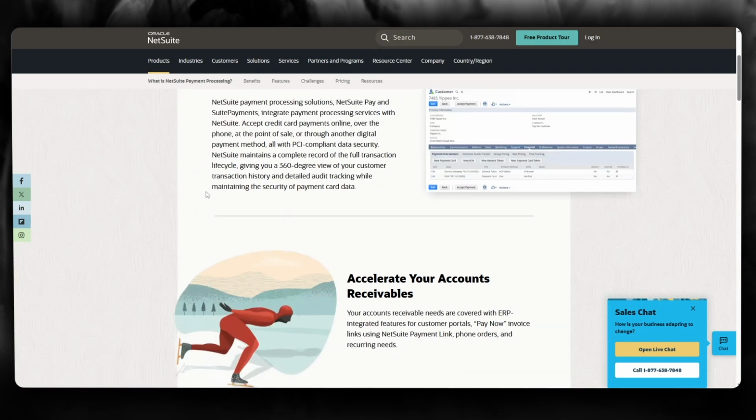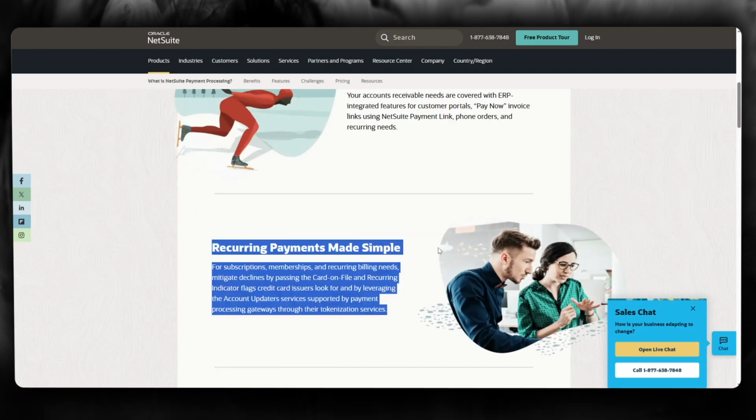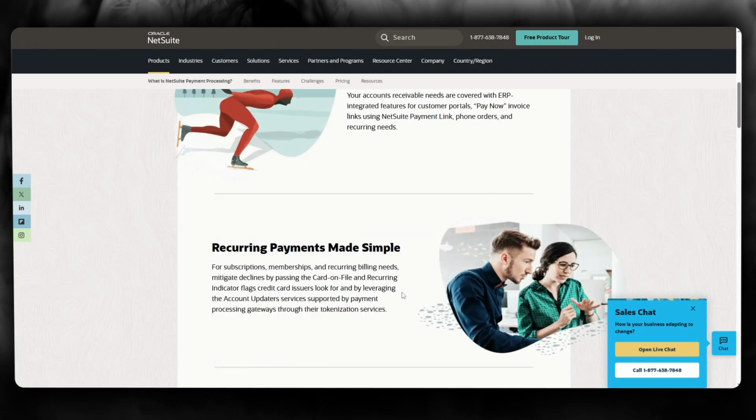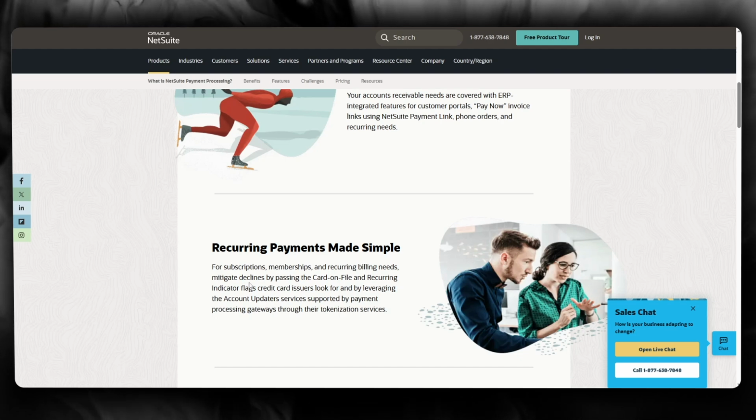Now, what we're here for is this. Obviously, if you want to go ahead and add on bills, they are going to be recurring payments. So for subscriptions, memberships, and recurring billing needs, mitigate declines by passing the card on file and recurring indicator flag